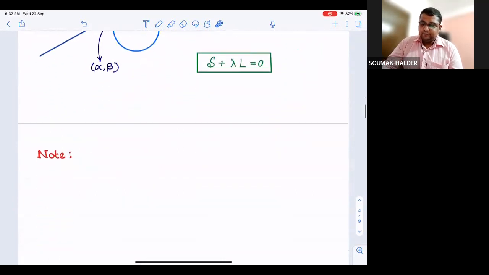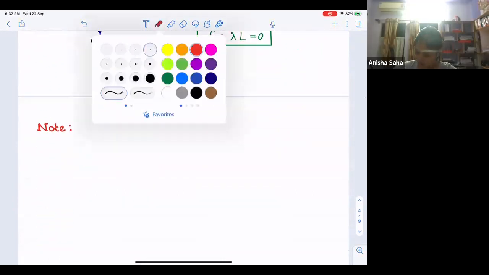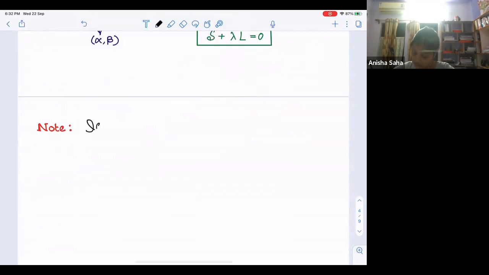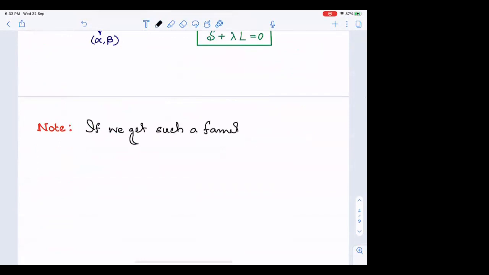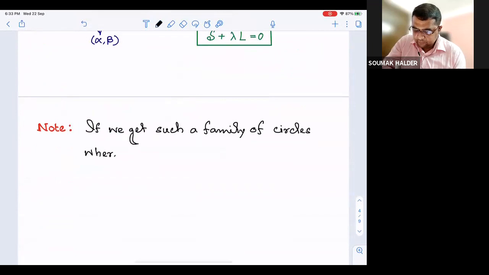Okay. Next, note down, if we get such a family of circles where, irrespective of our selection,